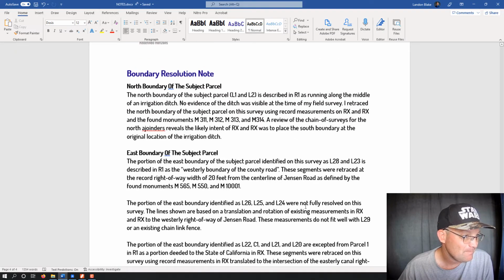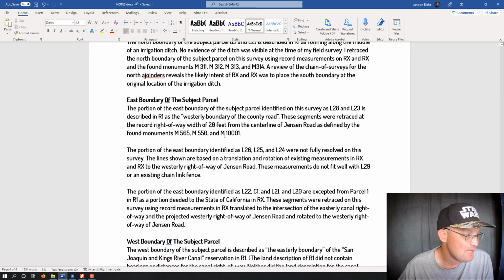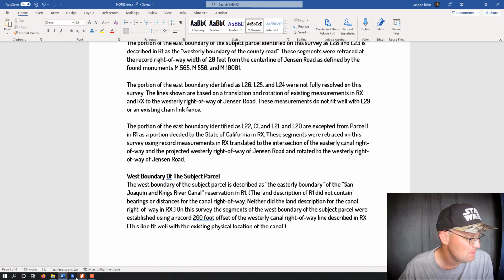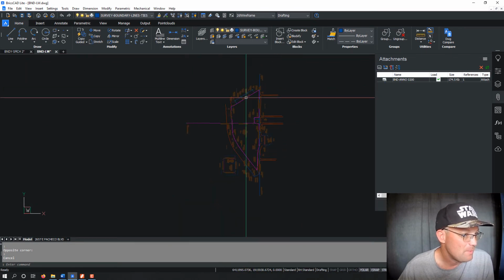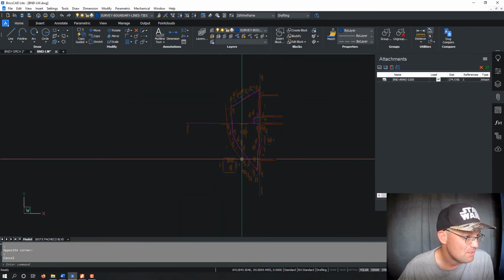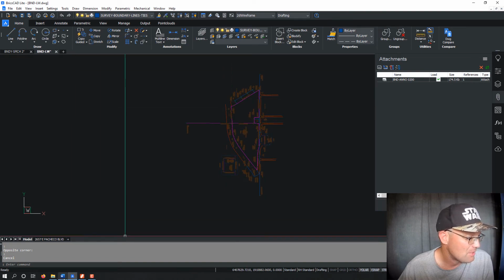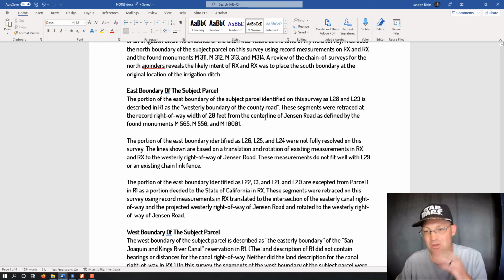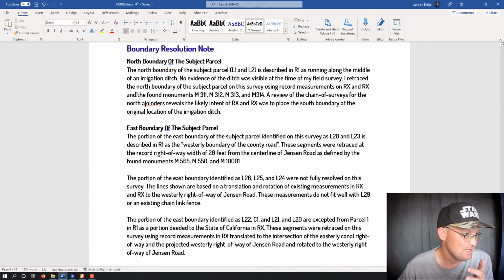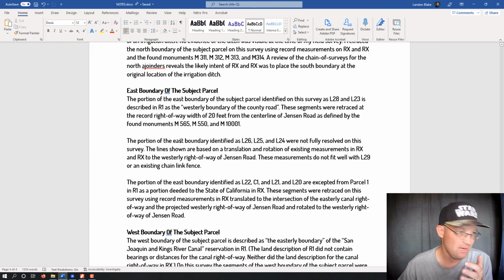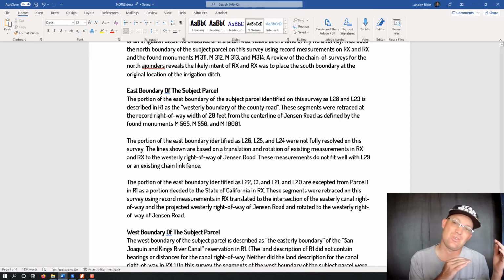Okay. And that's it. So we basically have kind of a triangular parcel, right? So we've got a north boundary, an east boundary with 3 segments, and then the westerly boundary. And our boundary resolution note follows that pattern, hopefully, that we did in the last bit in the video about boundary resolution notes. Again, this is a type 2 note, so we break out each section of the boundary: north, east, west. The east boundary has 3 subsections there, and in each one of those we tie back to the vesting deed,